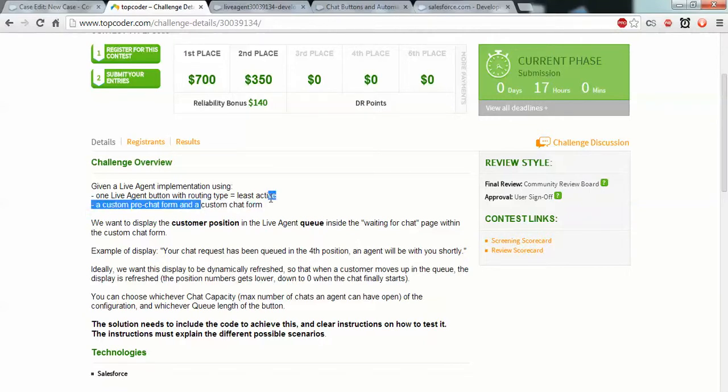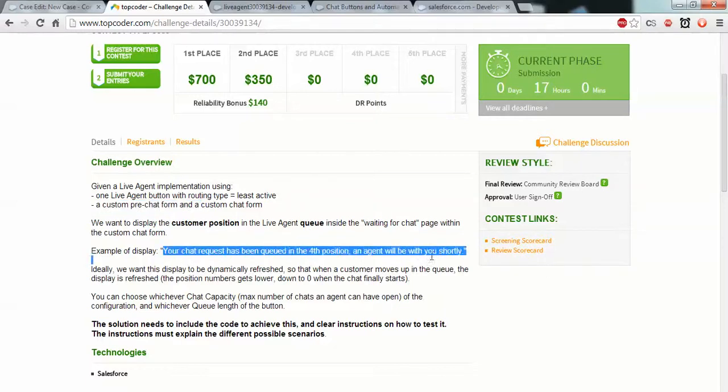You can see that we display the customer position in the Live Agent queue. I have shown the queue in the custom page with circles. For the chat request, I have shown this message with the chat position you have seen, and the chat window is also dynamically refreshed.